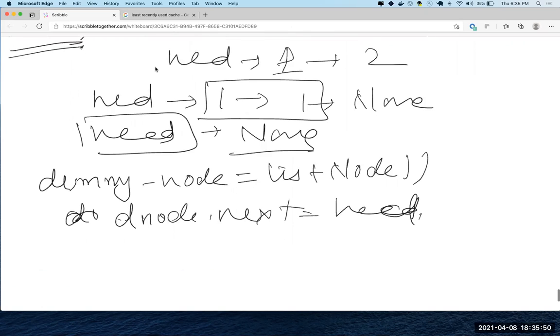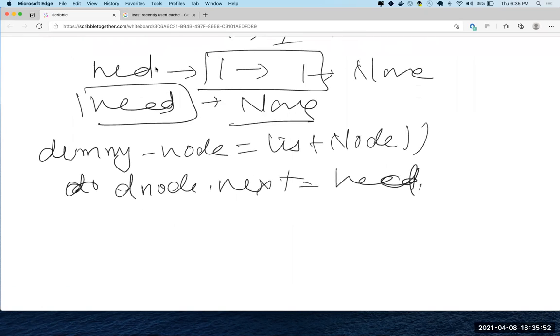This is a very important technique that will make sure that at any point of time you still have your dummy node present. Let's say you got 1 and 1. You removed 1 and 1, but still now your dummy dot next is going to be none. So this is a very important thing to remember.